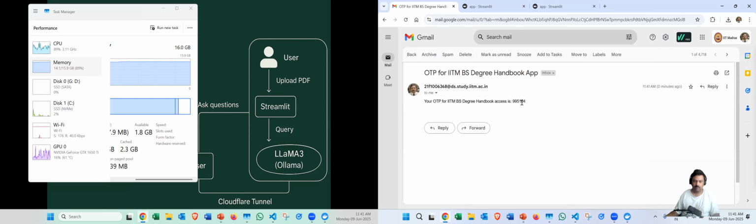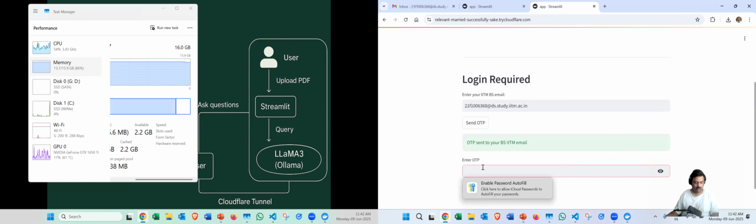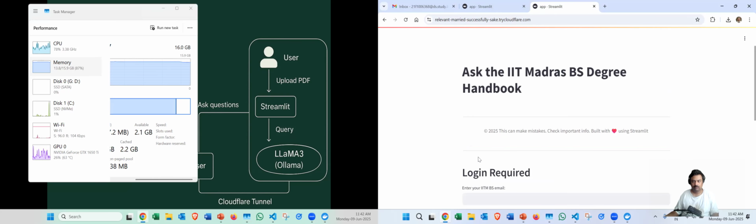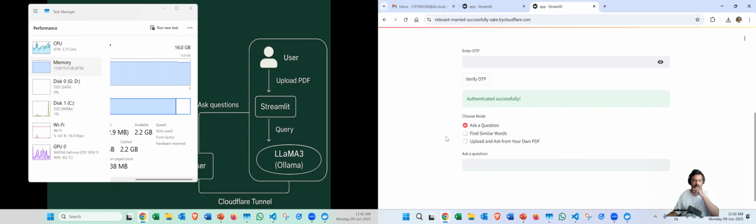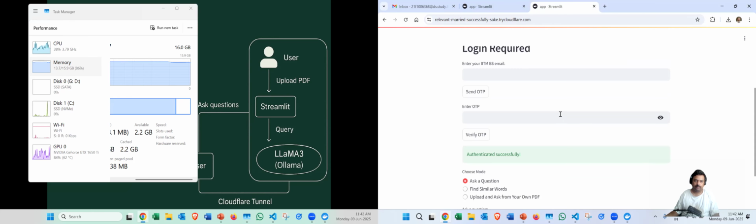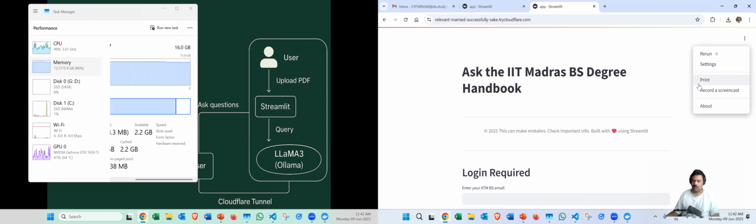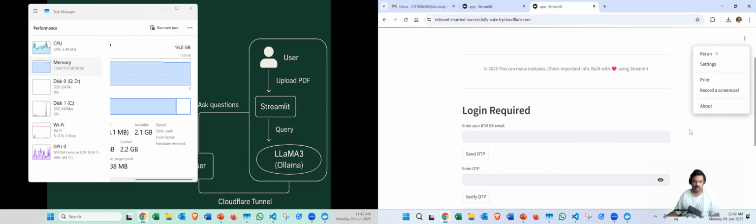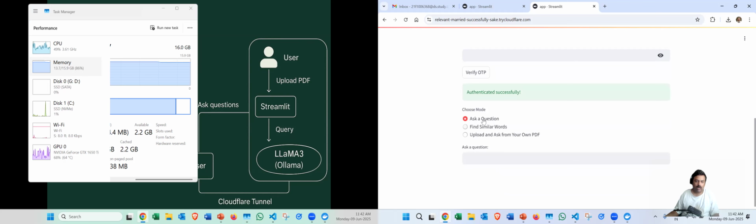This is the email OTP. Let me copy it and paste it, and verify the OTP. It says authenticated successfully. And the settings, record a screencast, print, those functionalities are all there. So, asking a question. What's the favorite question? Say,